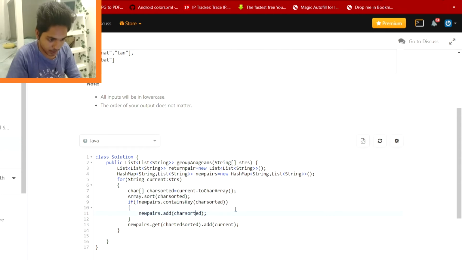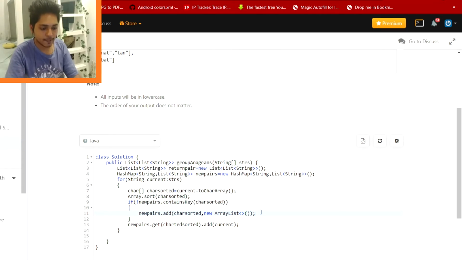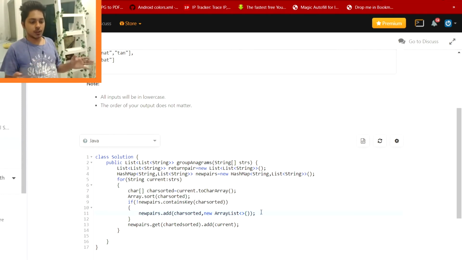Sorry, actually I did something wrong here. I need to add a new ArrayList, because it will actually be a new ArrayList. So whenever a particular new key comes, it will create a new character array for that.